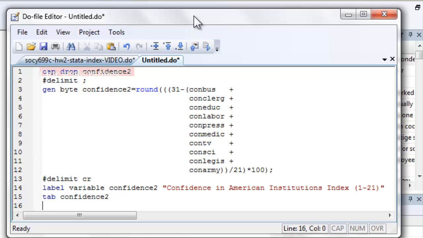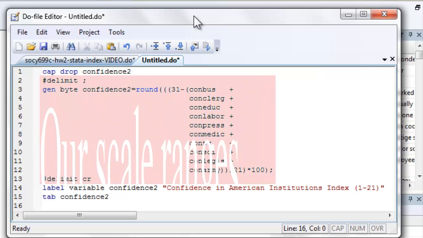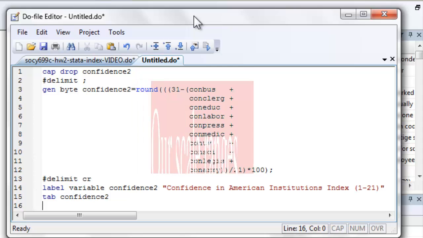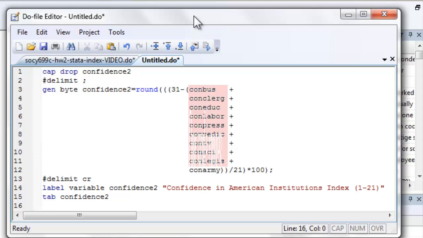I'm going to take my index using a generate command, and I'm going to wrap it in a pound delimit semicolon and a pound delimit CR, so that instead of having this be on one line and kind of go off the screen, I can make this quite legible. And so you can see that, and it's easy to debug now because all my plus signs line up, all my variables line up. And you'll see this variable has a subtle difference. I'm using some additional commands in here, or additional functions. I'm going to take that basic idea of the 31 minus the sum of all those confidence variables,